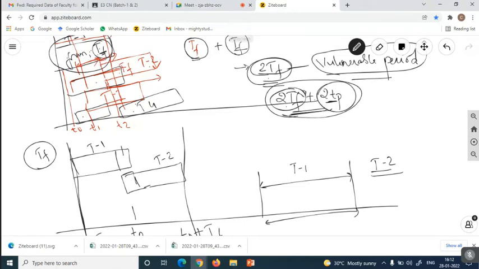Actually, how much time does T2 take to transmit a frame? TF. But now T2 is not waiting only the TF of the previous frame. How much time does it wait? It is waiting 2 times that of the TF value, even though the second frame is going to be transmitted after the completion of the previous frame. But how much time is it going to take to transfer it? Only TF. But how much time the next frame is waiting is 2 times that of the TF value.